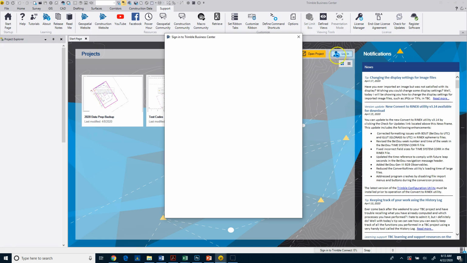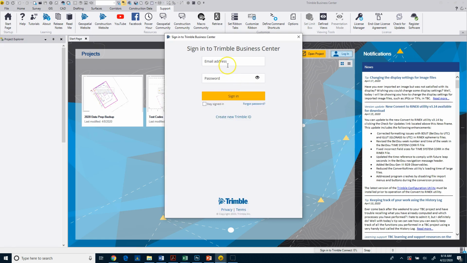So I'm going to click on this, and it's going to open up a window where I can put in my Trimble ID credentials, my email address, and my password. If you don't have a Trimble ID, you can go ahead and create one by clicking on this button down here. Now, this step is optional, but definitely recommended because it will allow you to take advantage of some additional